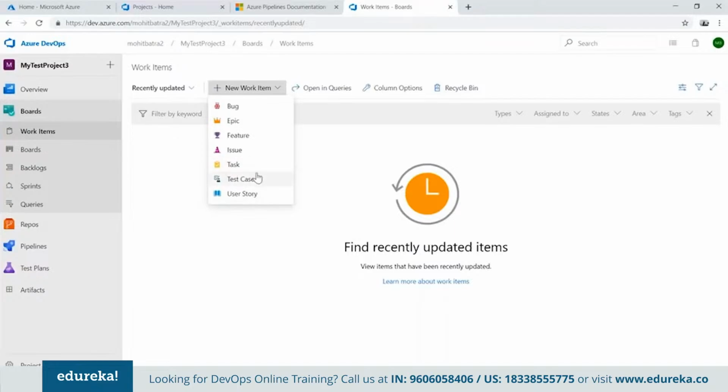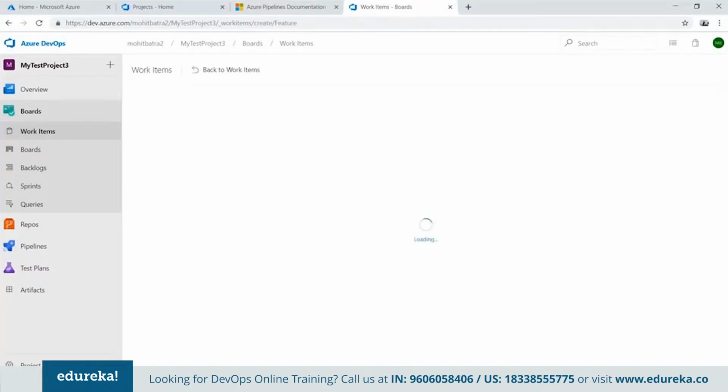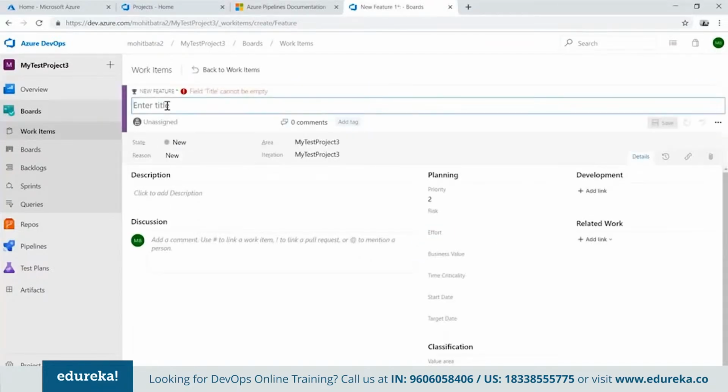So let me start building up, let's say, one feature. I'm not going to go into the complete agile model, but right now I'm just saying that we want to create a feature for, let's say, search in e-commerce. Just remember, guys, this is not the way we write in agile format. If you want to create a new feature, there is a particular format in which you should write the text, but that's not the agenda for today. The agenda is to show you that you can create a new feature.